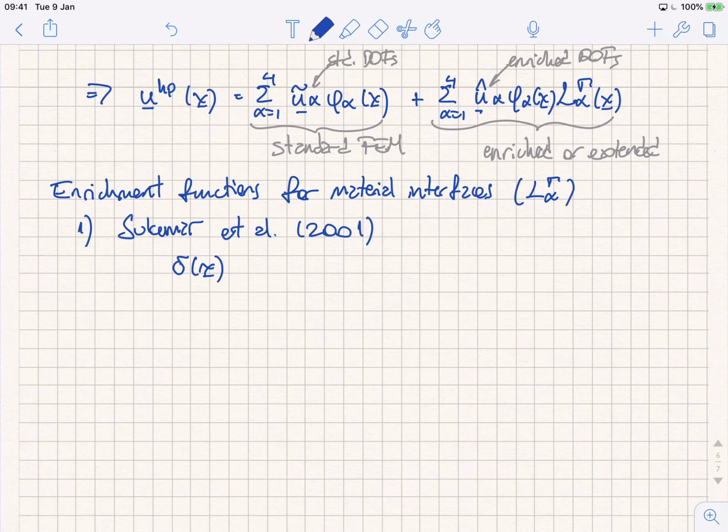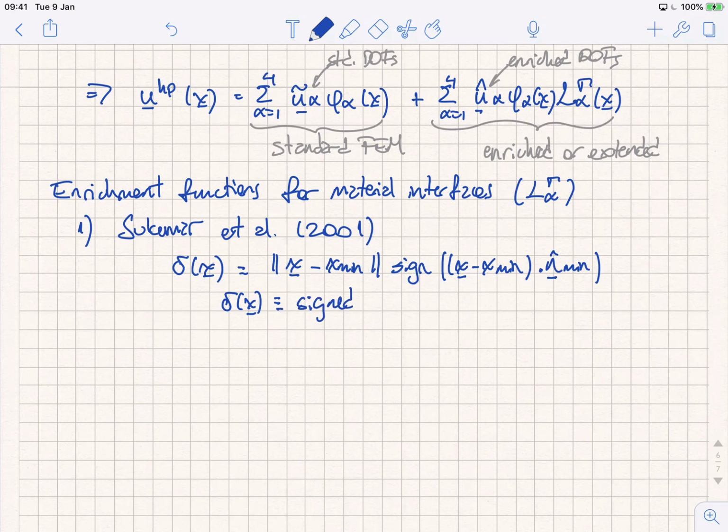Delta of x is equal to the magnitude of x minus x min, and then I'm going to multiply that by the sign of x minus x min dotted with the normal, where this delta of x, and we're going to explain a bit what I'm writing, is just the signed distance function, and then this n is the normal vector to the discontinuity